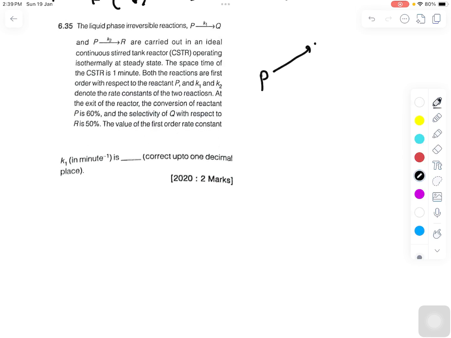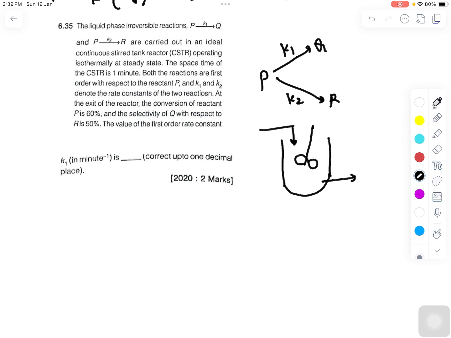P is getting converted into Q and P is getting converted into R, having rate constants K1 and K2. That is happening in an ideal CSTR. So this reactor is a continuously stirred tank reactor where reactant will be coming and the product will be leaving out. The space time for the reactor is given, tau is equal to 1 minute. Both the reactions are first order reactions where K1, K2 denote the rate constants for the reactions, and the conversion of the reactant P, so XP is given to you, that is equal to 0.6,